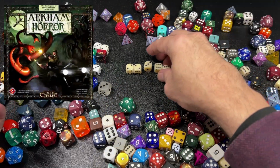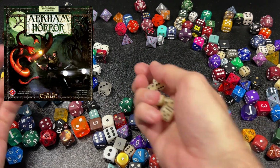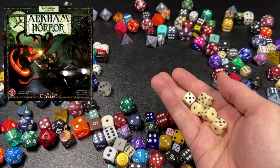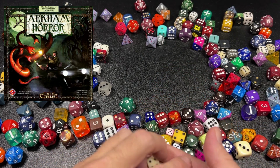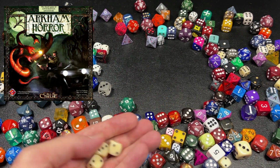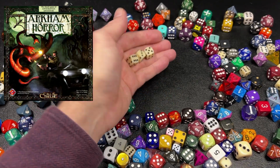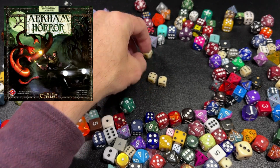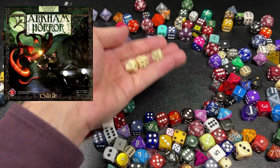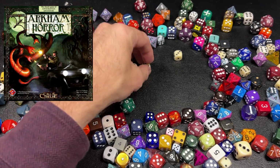And finally, no surprise, we've said it before here on the Dungeon Dive, but my favorite dice system is a D6 dice pool used in games like Arkham Horror and Eldritch Horror, used in the game that I'm designing, A Land in Peril, where you take a certain number of dice based off of your stat. So if you had a strength of 3, you would take 3d6. On a normal test, you need a 5 or a 6 to pass. And so this would have been a failure. You could say that it was an easy test, where you need a 4, 5, or 6 to pass. And I have a 6 and a 6, so that's 2 successes, but you usually only need